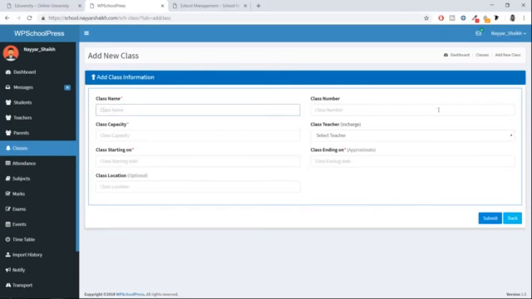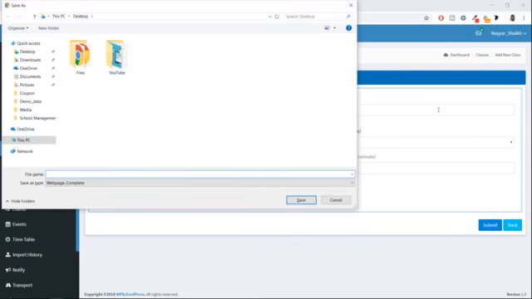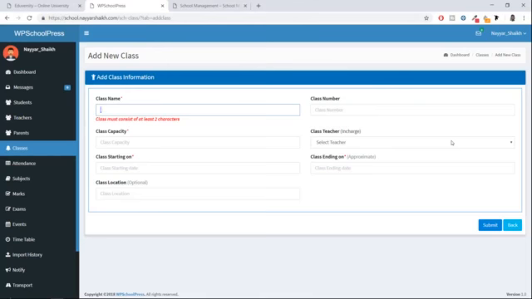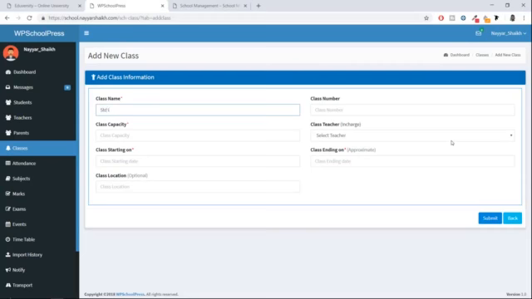Now in the class name, you can just type in, okay, standard 1, something like that. Obviously you can type simply standard 1. And in the class number, you can type in the number. For example, in our school, we used to have class numbers as the room, like we have room numbers. So my class number, I think, was 24.